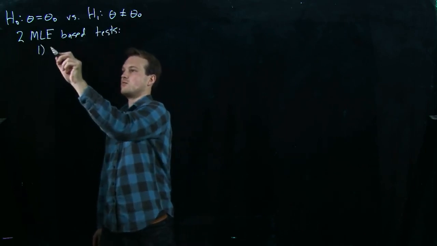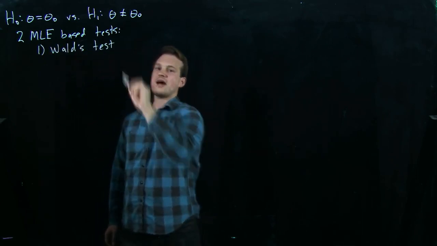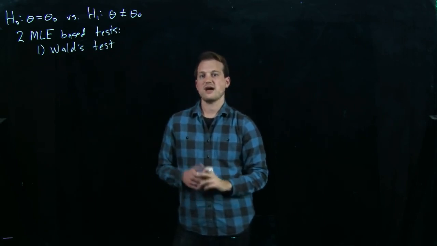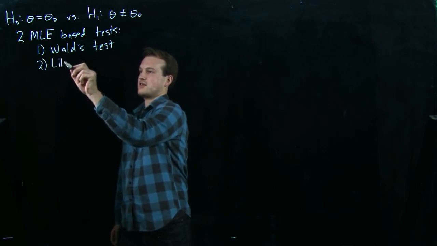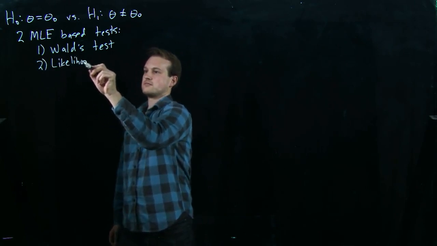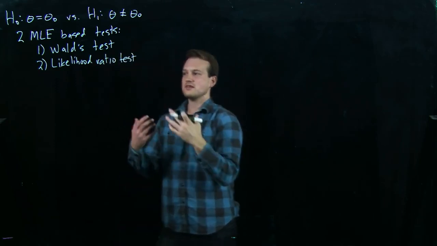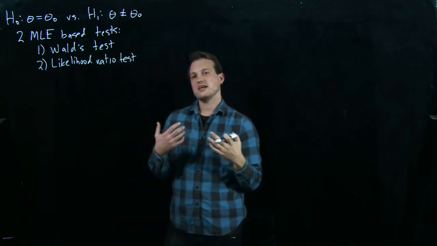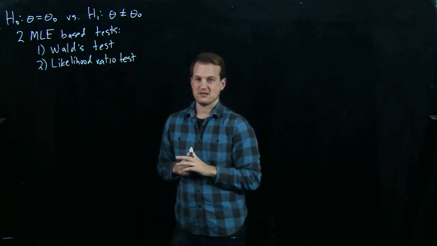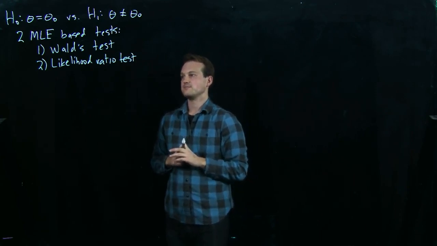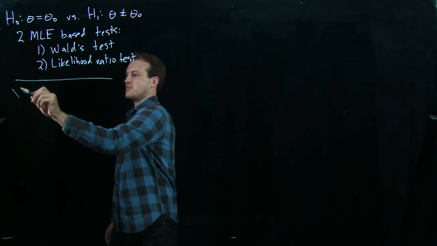These tests are Wald's test, which is based on the asymptotic normal approximation to the maximum likelihood estimator. The second is the likelihood ratio test. The likelihood ratio test basically just looks at how much more likely it is that theta is in the null hypothesis versus theta not being in the null hypothesis set. After reviewing these two tests, we're going to look at a simple example